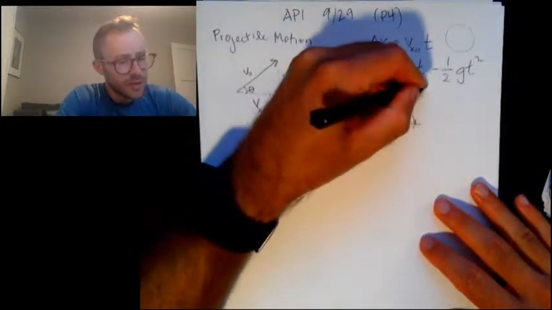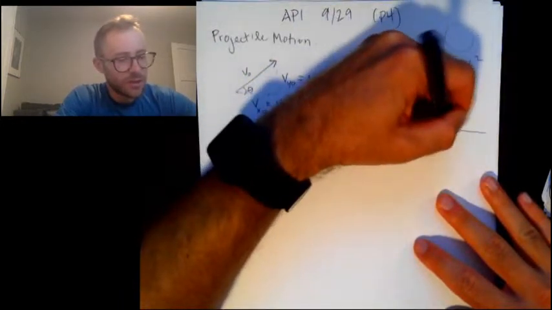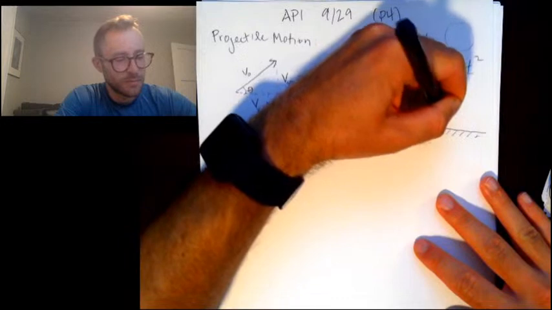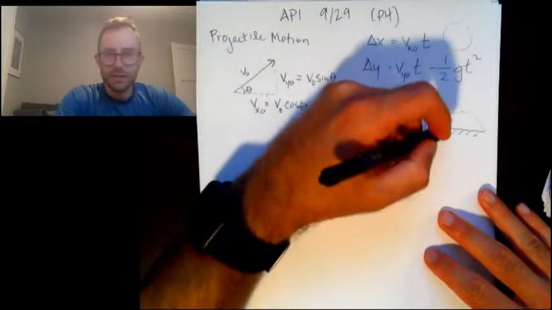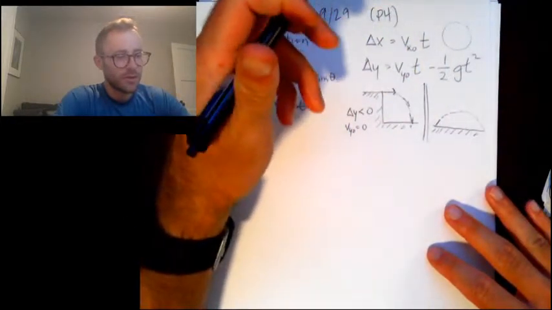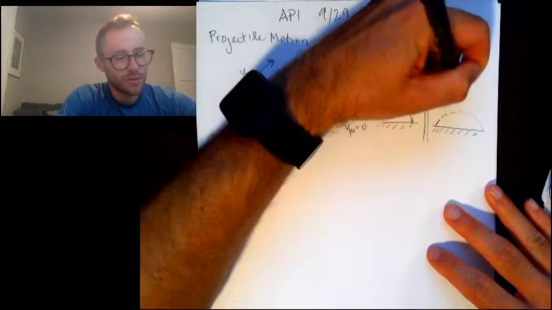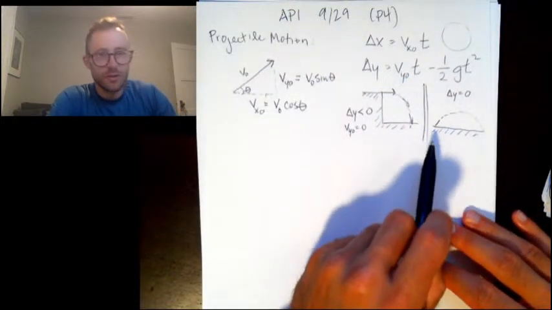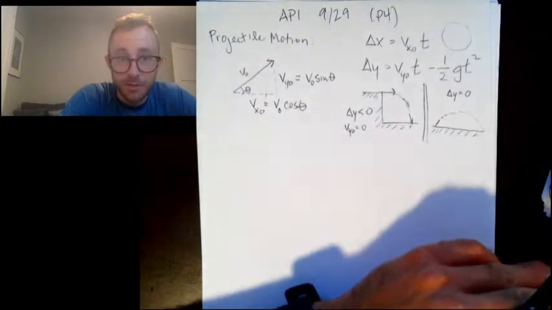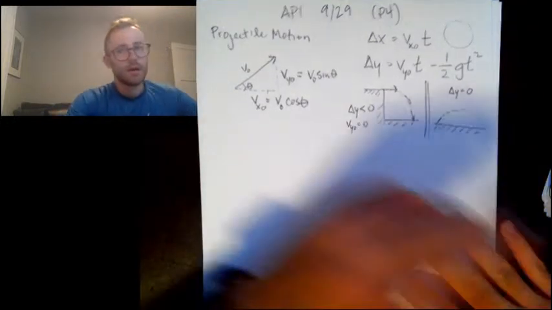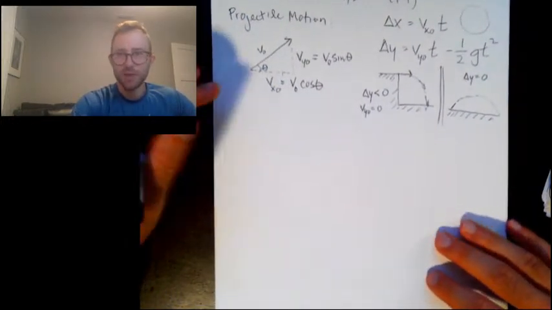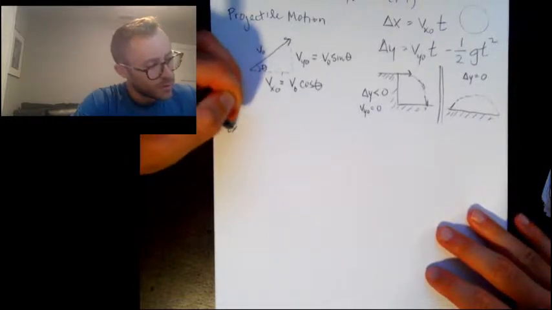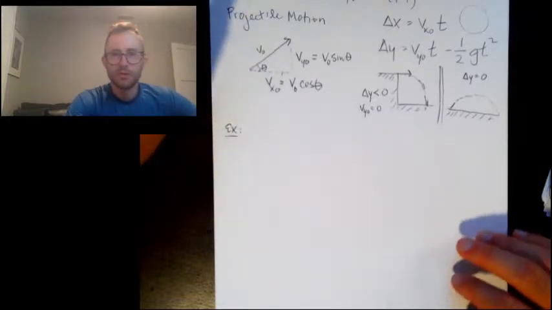And then the second example we learned about was firing a projectile across a level surface like this. The key idea for this problem is that we have delta y equals 0 because the projectile starts and stops at the same elevation. So today we're going to learn two additional types of problems. So the first example that I want to do